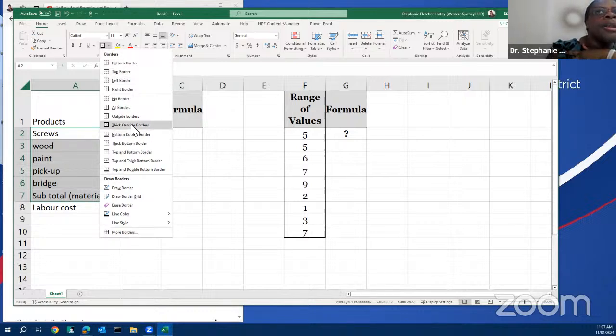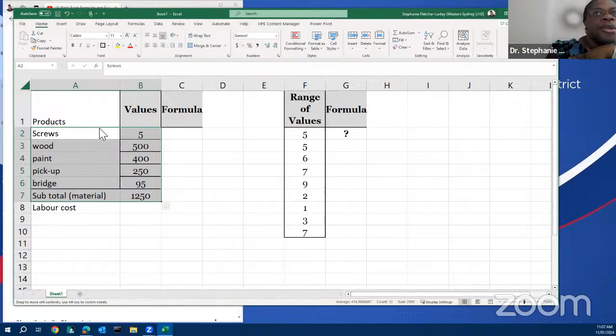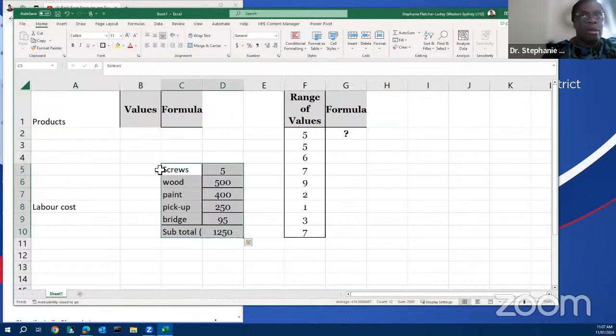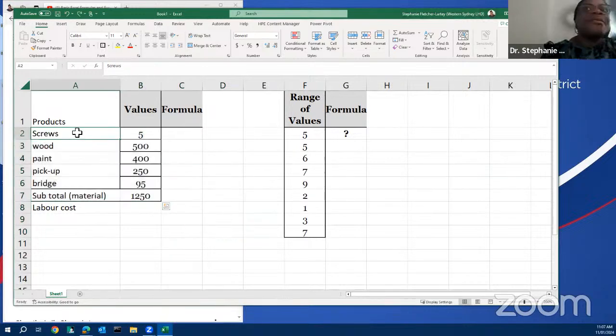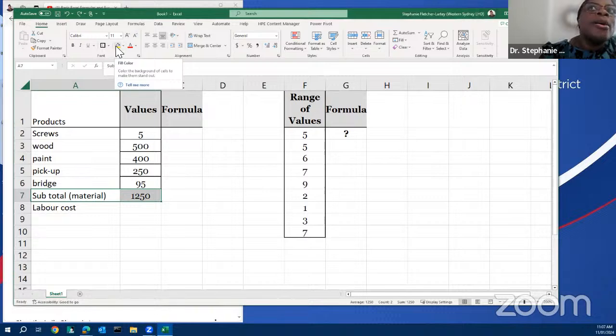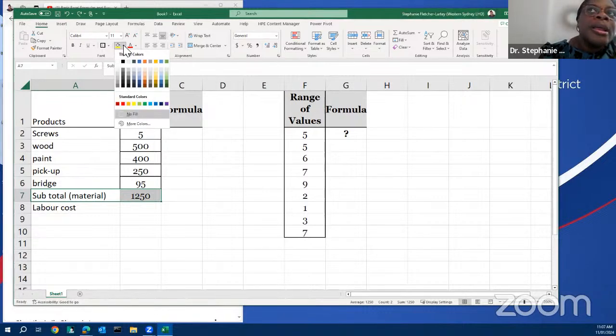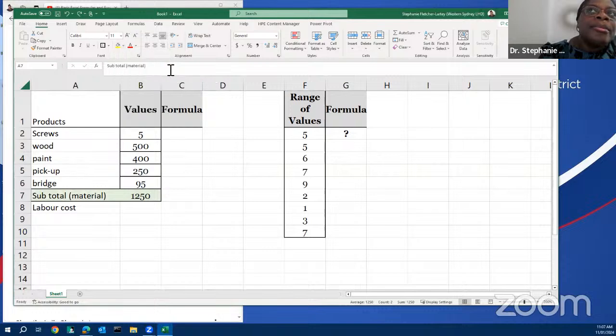So I want the thick outside border because I want to show that all of this is the same here. I'm going to undo it. I did the first part first and then the subtotal. I want to add a color, so I come here with this one and I'm going to maybe put lime green. The labor cost